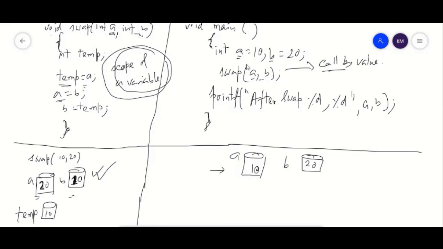So what about this A and B? Will they change their value? The answer is no, they will not change their value. Why? Because you have just called the function swap with the value, and that value is copied into another location, and that location got changed or swapped. That particular location got swapped, but there is no effect on that particular location which is originally A and B